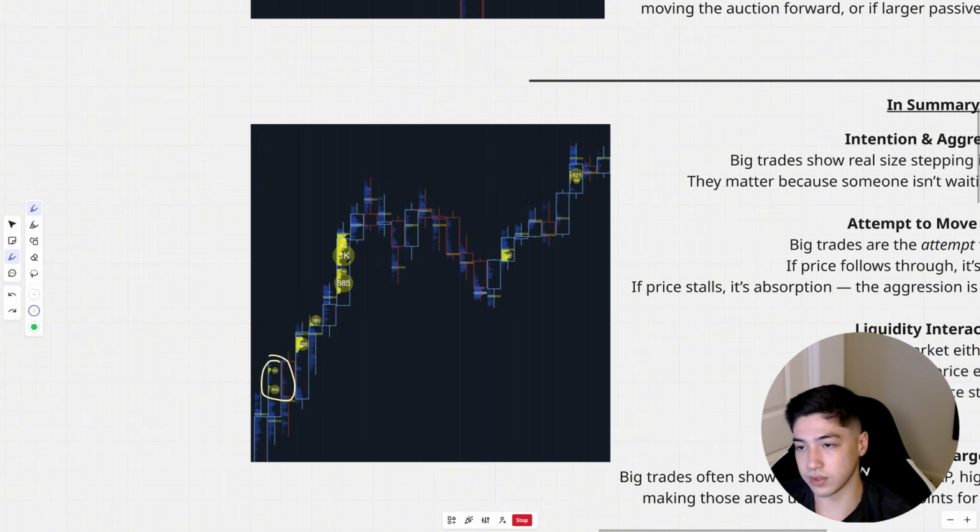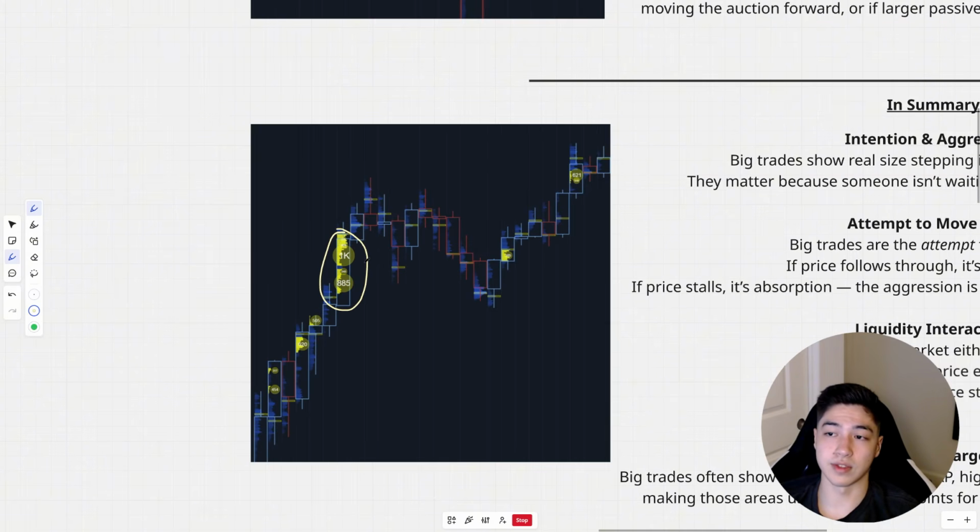Buyers are obviously looking to push price higher. Within this area, even though there's a red candle right here, there's no sign of any type of selling pressure. There's no sign of any type of reversal that potentially could be happening to the downside. When I see something like this, if I really want to take price lower, this level right here needs to be invalidated, meaning that sellers need to get past this area, because oftentimes